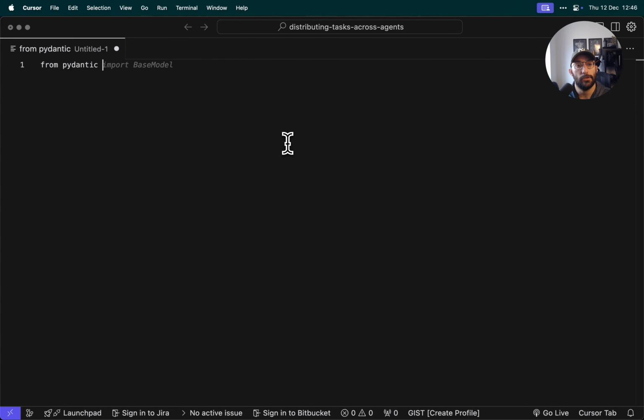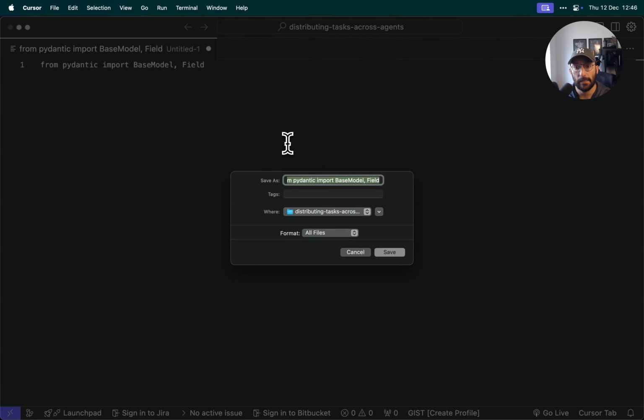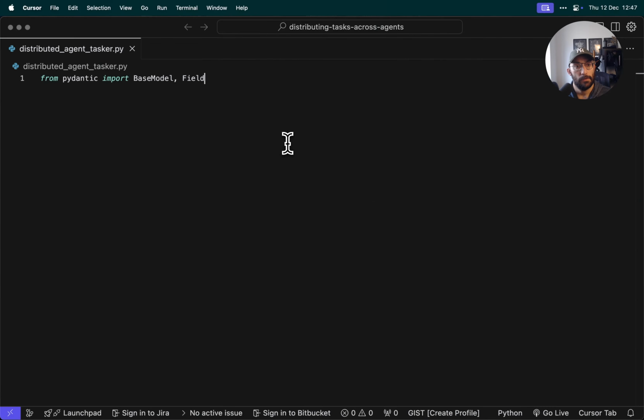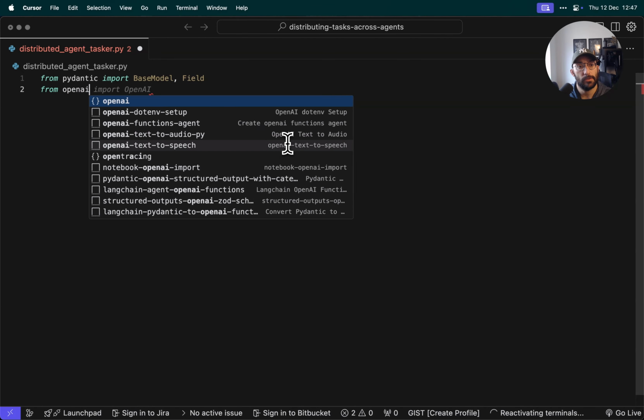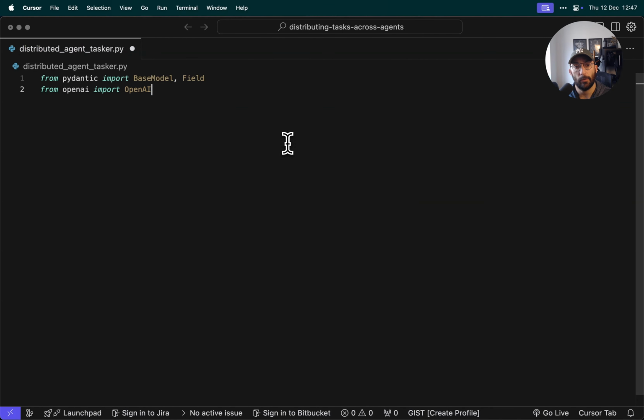So first thing that we're going to do is import Pydantic for the structured output stuff that we're going to use, and I'm going to save this as agent. So I'm going to save this as distributed agent tasker something. There you go. And then we're going to use OpenAI. So I'm going to say from openai import OpenAI so that we can use GPT-4o mini, GPT-4o, etc. And then we're also going to need